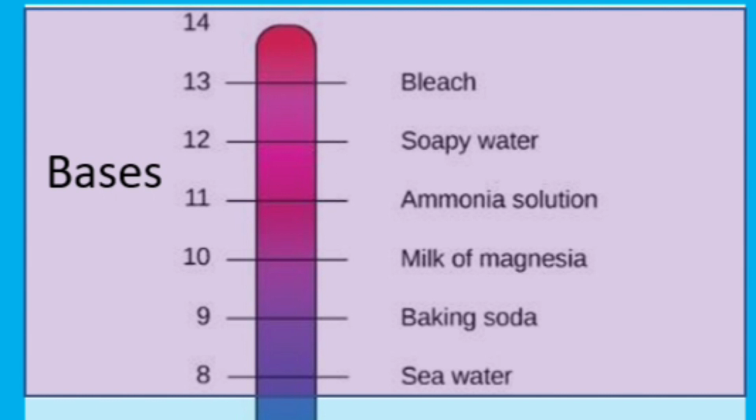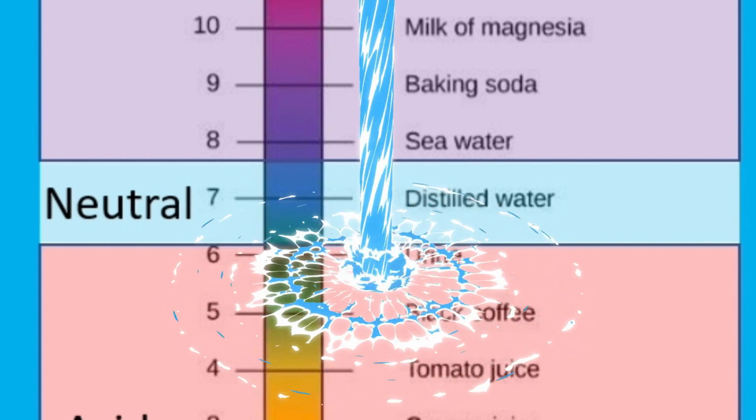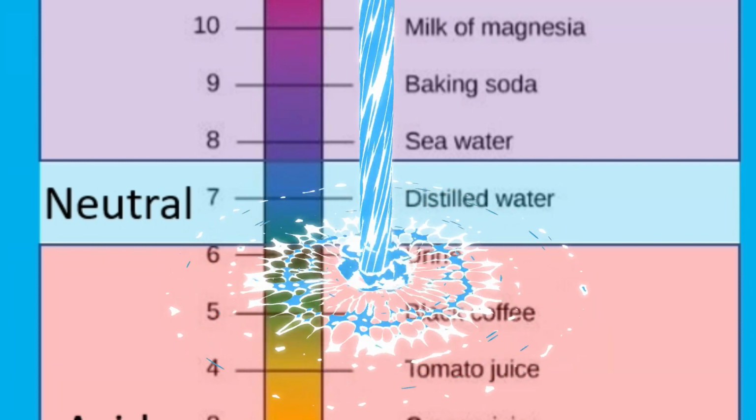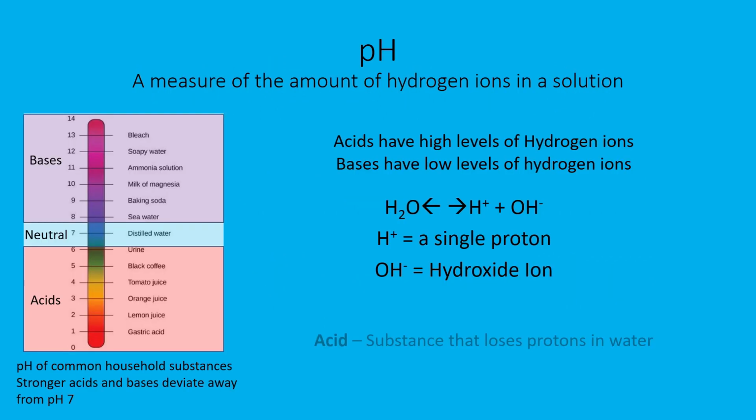7.1 to 14 is alkaline, with 14 being the most alkaline, while 7 is neutral. Only pure water is neutral, neither acidic nor alkaline. Naturally, water dissociates into hydrogen ions and hydroxide, which is represented by OH. Acids are defined as substances that provide hydrogen ions, lowering pH, while bases are substances that provide hydroxide ions and